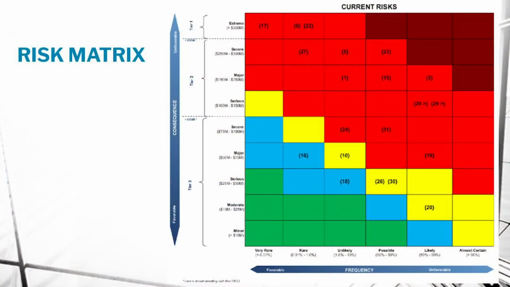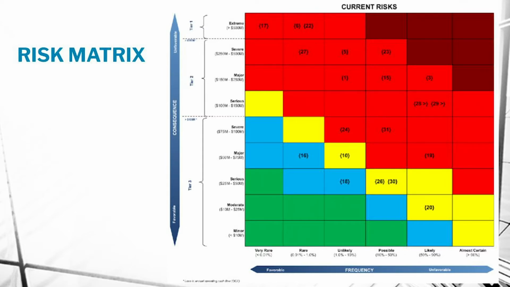Moderate is 10 to 25 million. So the difference between a level 1 and a level 2 is $15 million, whereas the difference between a level 8 and a level 9 is 250 million. So I've gerrymandered my process. It's not logarithmic, it's not linear, it's arbitrary, and if you start looking through, it's inconsistent.